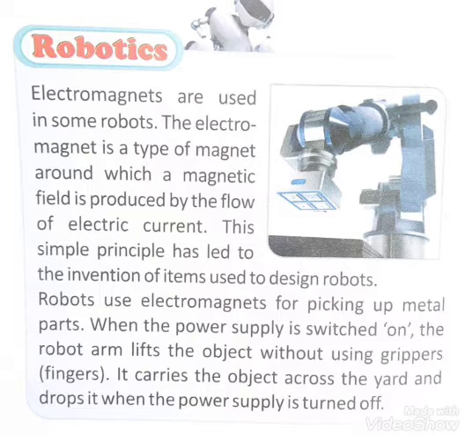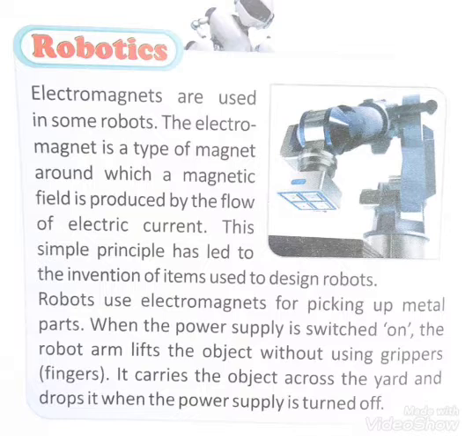So dear students, we learned about electromagnets. I told you when we make a magnet by using electricity, by the electrical method, then those magnets are known as electromagnets. And these electromagnets are used in some robots. You have learnt about robots. You must have watched movies also in which robots are shown. So electromagnets are used in some robots.